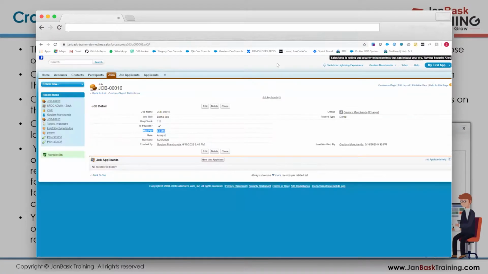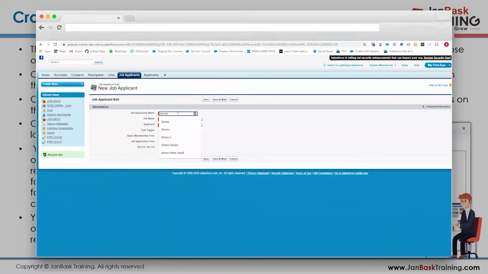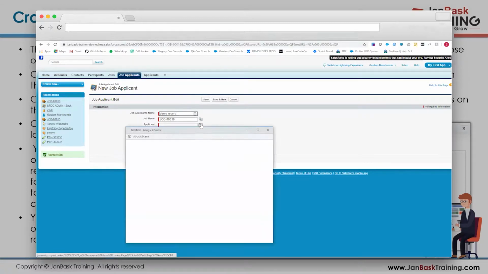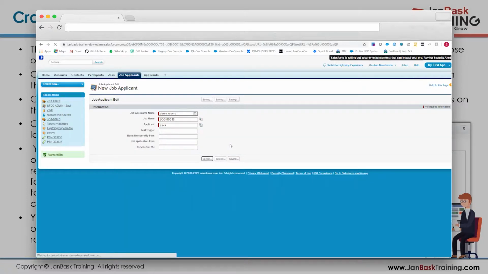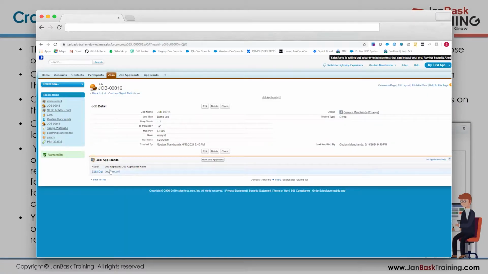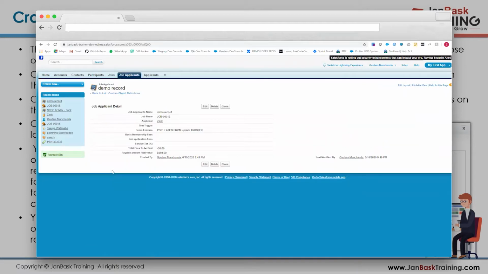So I just created a new field. If I go to the new job applicant, I select one applicant over here, say Zach. I do nothing. I just click on the save button. So there is a job applicant record which has been created under it, and you see the calculation that is being done. Focus on this field, payable amount, and how it has been calculated.